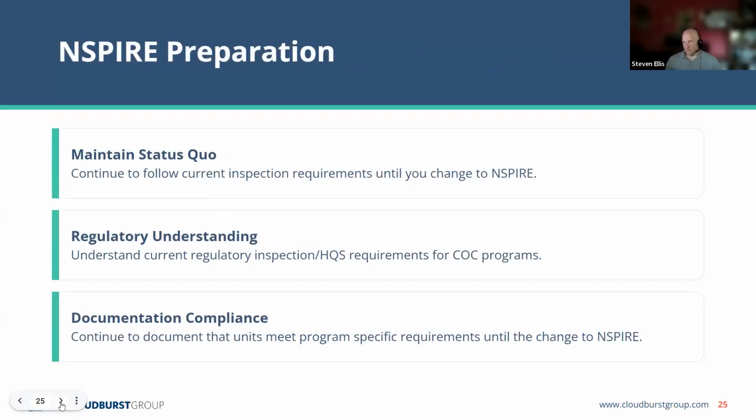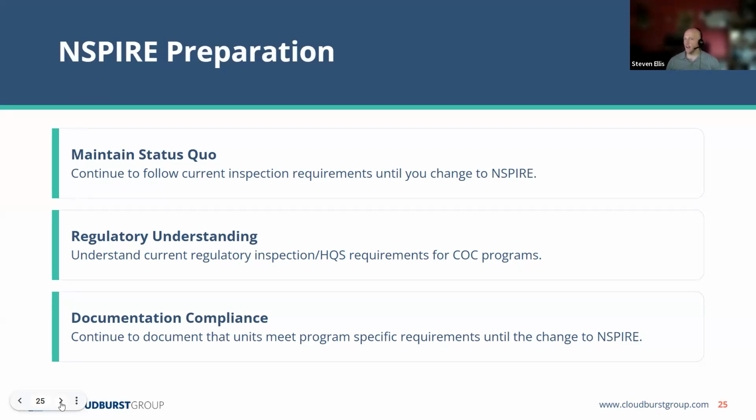So some things that you can do now to think about NSPIRE preparation. Once again, there's no shame in maintaining the status quo. Keep doing what you're doing to make sure you are doing what you should be doing correctly. Across the programs that I've seen implement NSPIRE, whether because they are required or they choose to, the biggest issues are really rooted in not doing HQS correctly in the first place. And if you don't know what you should be doing today, then making these changes becomes way more problematic because it highlights what was already happening and should not have been happening.